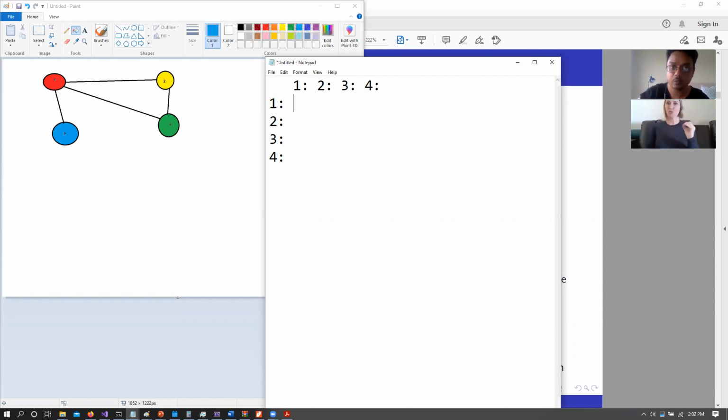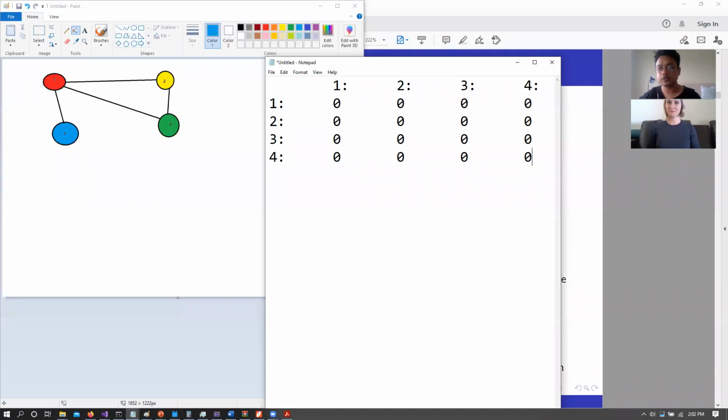Okay, so an adjacency matrix for this particular graph basically says that there is a zero in this matrix wherever there is no edge between the two vertices. So let's initialize our matrix. This would be a matrix of 4 vertices where none of those vertices are connected to any other node,